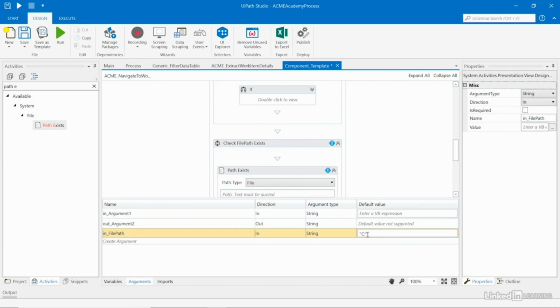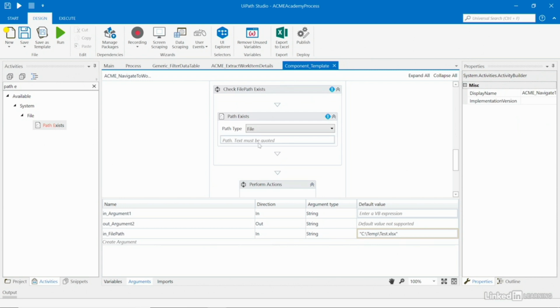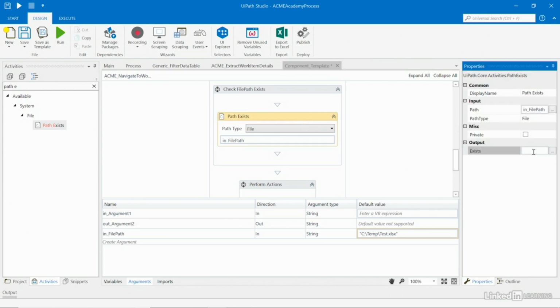Temporarily put in a fake file path, something like c/temp/test.xlsx. And in the path text, use our in_filePath argument. In the output exists property, Control K, let's use a Boolean value for path exists,